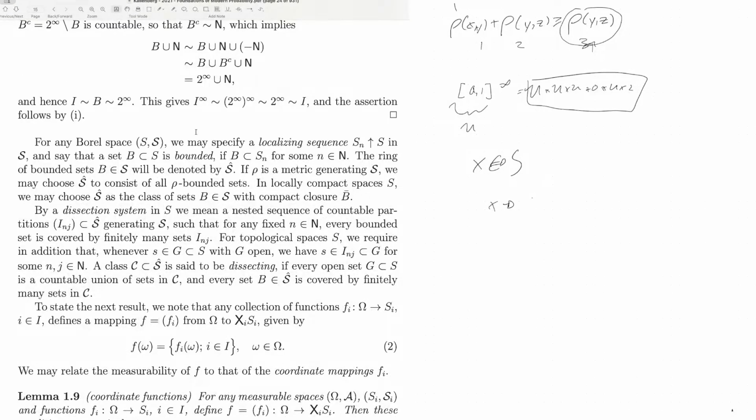For any Borel space S, we may define a localizing sequence, so some collection of nested subsets. And we say that a set B in S is bounded if B is a subset, interesting. That's a weird one. So instead of a metric, you can have a localizing sequence. Yeah, so this has to do with